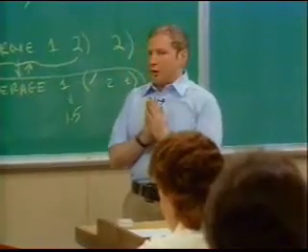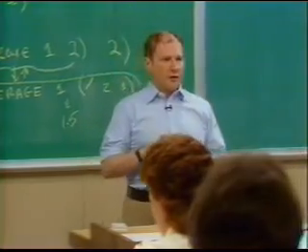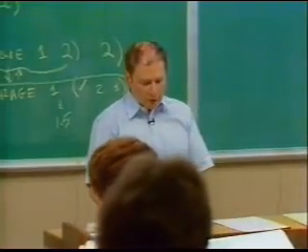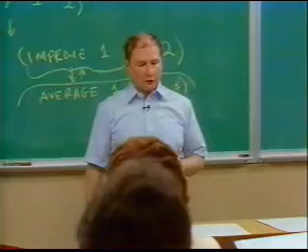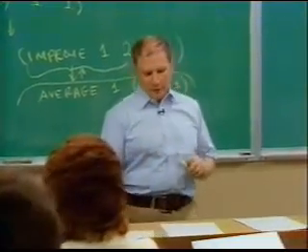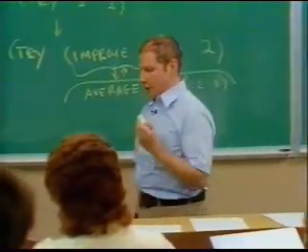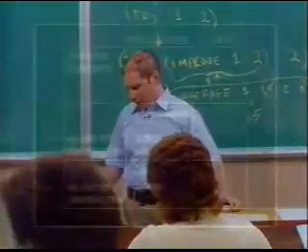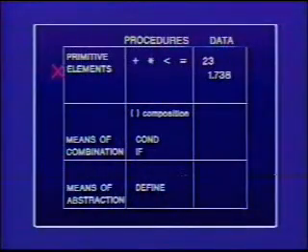Okay, well, let me summarize. We started out with the idea that what we're going to be doing is expressing imperative knowledge. And in fact, here's a slide that summarizes the way we looked at Lisp. We started out by looking at some primitive elements, and addition and multiplication, some predicates for testing whether something's less than or something's equal. And in fact, we saw really sneakily in the system we're actually using, these aren't actually primitives, but it doesn't matter. What matters is we're going to use them as if they're primitives. We're not going to look inside.